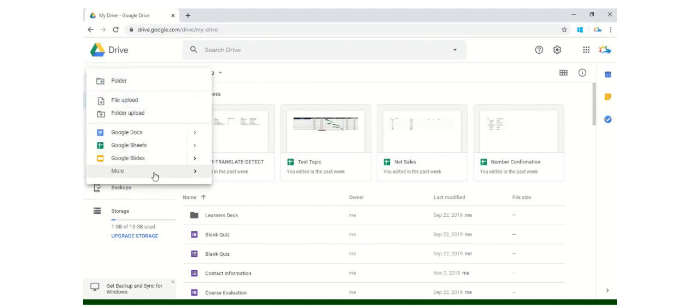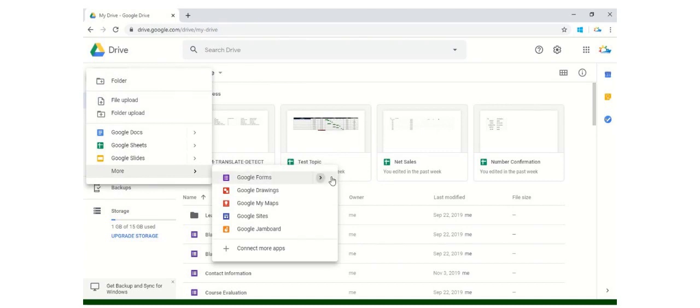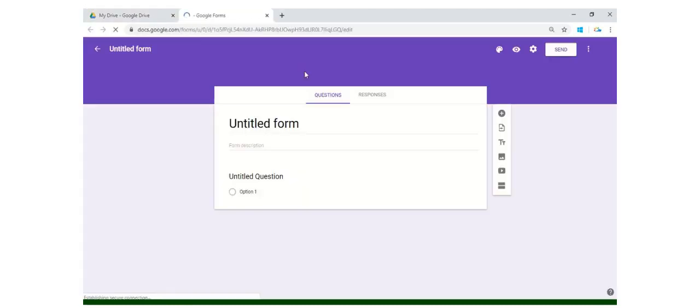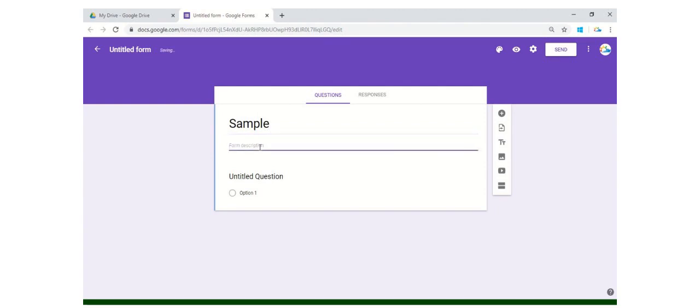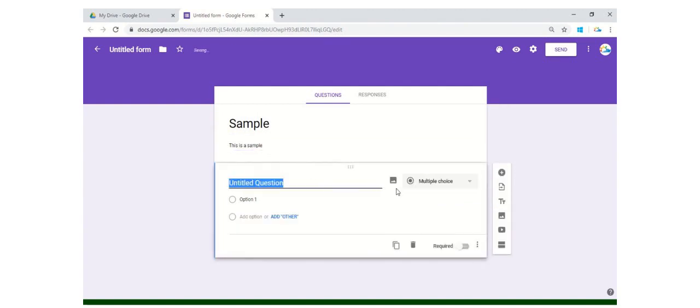Click on this new button, go to more and start with a blank Google Form. As always, the very first thing that we do within a form is change the name of the form, which is Sample in this case. So you can write a small description: this is a sample. So let's start by changing the very first question and let it be, which